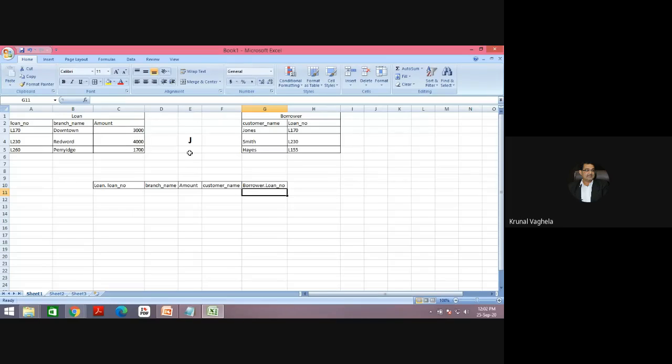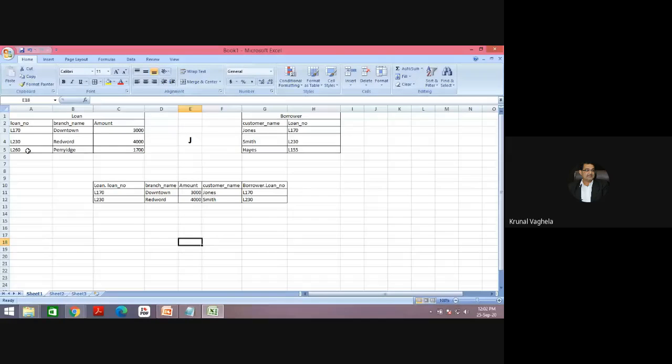Now you all are masters of join. We'll see which records are matching. L170 is there, so let me take this and this. What about L230? L230 is there, so this record will also come.